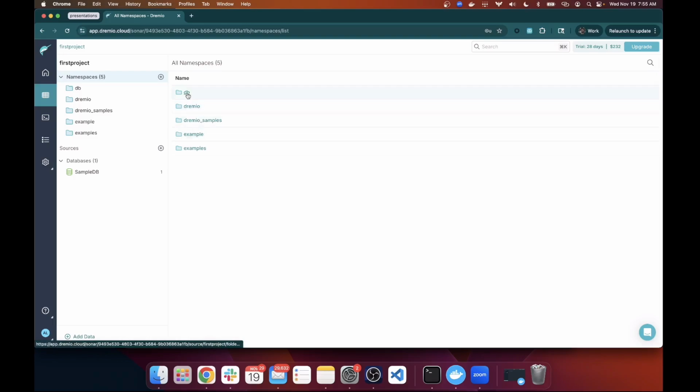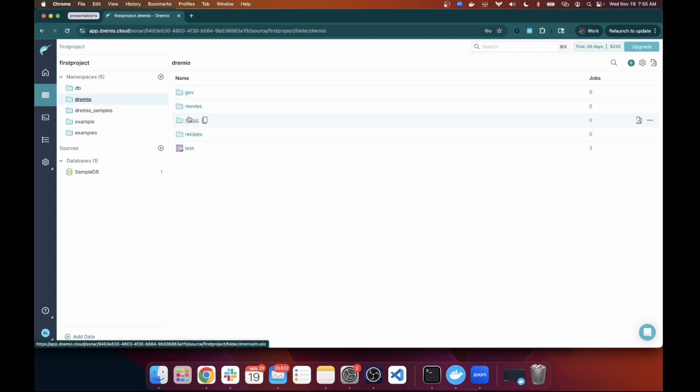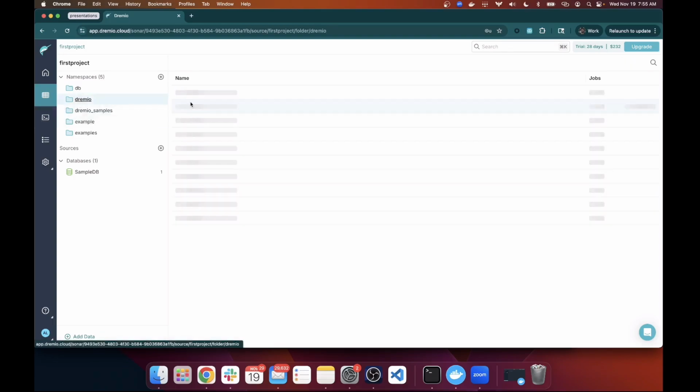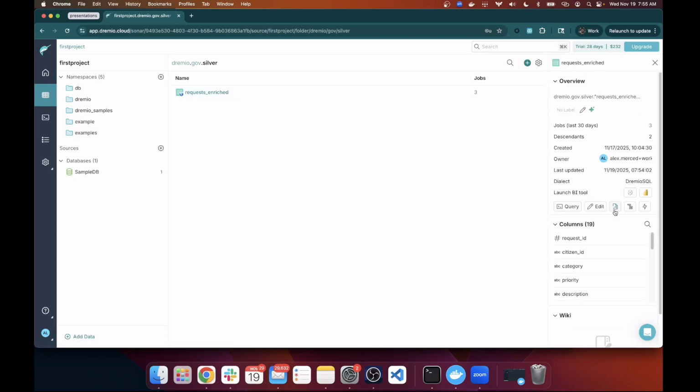So if I were to go to some data set here, let's go to this, no, not that one. Let's go to movies, recipes. Let's go to music. Oh, actually, no, Gov was a better choice. Let's say I were to go to the silver data set. Okay, so right now it's a view. And if I go to Open Details panel, and then head over to the Detail view,